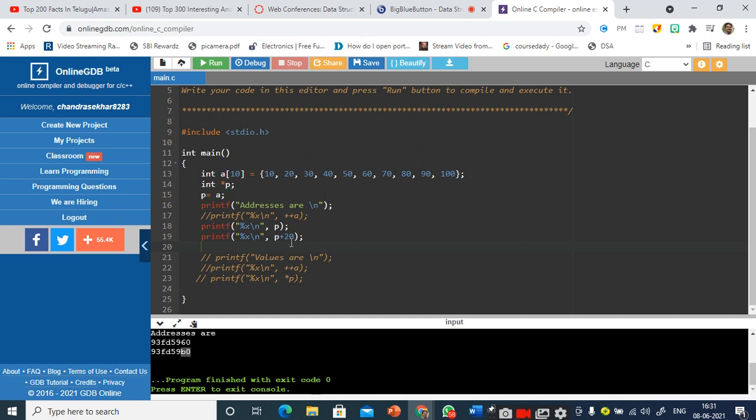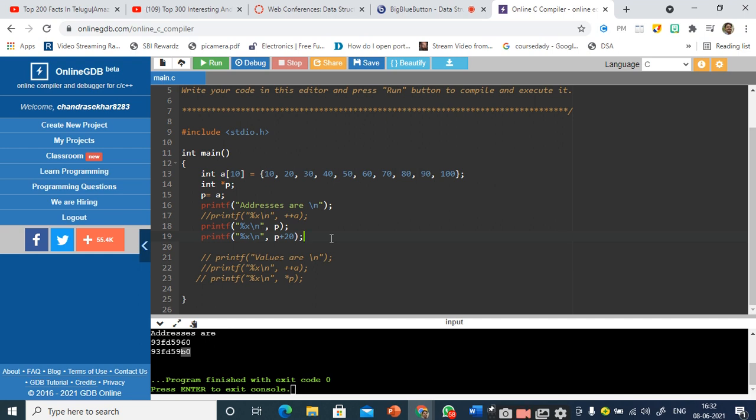The reason for this is you might have studied the concept that arrays do not have boundary check conditions. Arrays do not support boundary checking. So even though you are trying to access the locations outside the boundary of this array, it is valid, right?